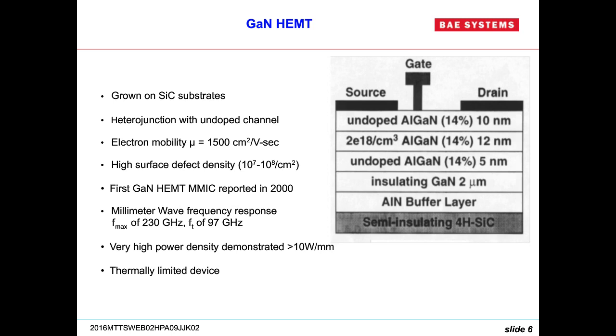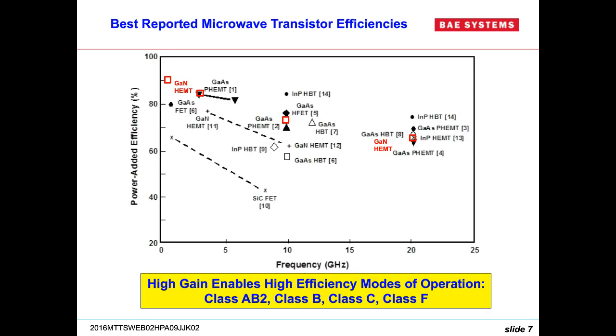Now I'm going to take a look at benchmarks, and this is a very busy view graph, but there's only a couple of takeaways and points I want to make on this. If you look at it, all the technologies that are on here tend to be in the same regime in terms of the power added efficiency. And they all tend to be what I like to call wave shaping classes of operation, where you try to get your voltages and currents in quadrature and square them up so the DC current is the lowest and you get the best power added efficiency.